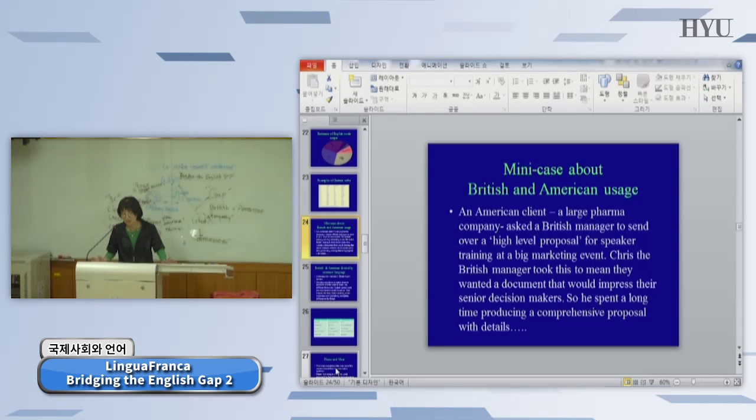So he thought maybe it must mean a document that would impress a senior decision maker. So he thought, wow, this is something very detailed and long and comprehensive, a proposal with a lot of details. He took it, and he spent a long time producing a